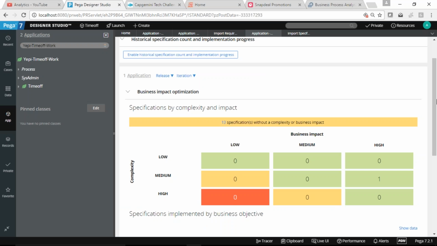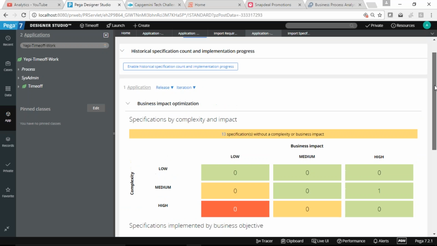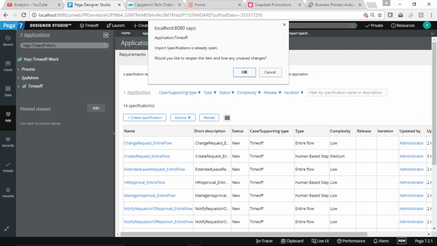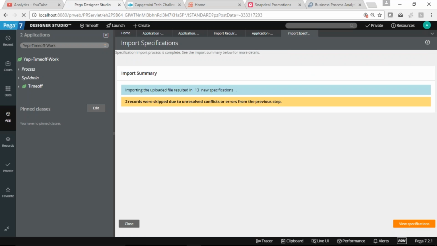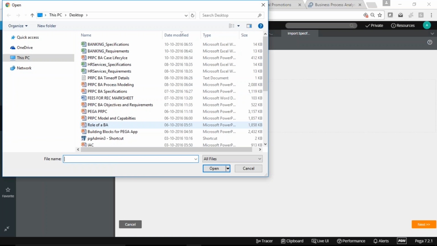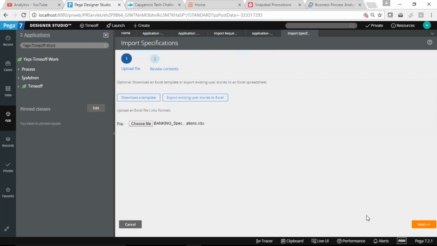This time everything will be updated. No new requirement will be created from it. This is the same one you uploaded earlier, right, Yogesh? Yes, that's right. I just updated one of the rows in it. So you won't get any duplicate issues because you updated it.